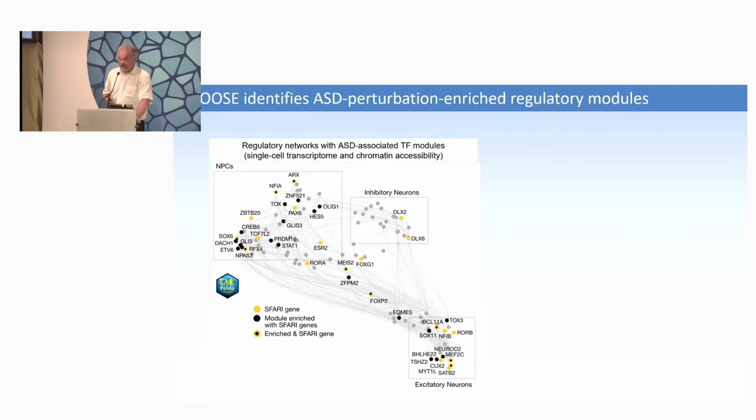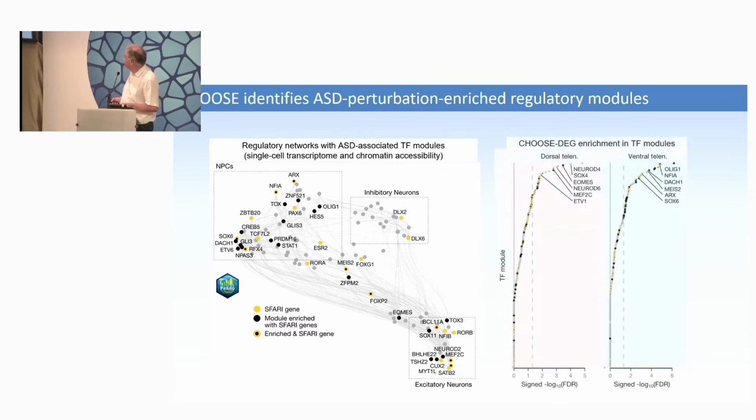And in order to identify this network, we used an algorithm that was generated in Barbara's lab that allows us to predict gene regulatory networks. And we did that because we had multiome data from these organoids as well. And doing so, we find specific gene regulatory networks for the excitatory neurons, also for inhibitory neurons, and for neural precursor cells. And what we now can do is we can actually ask which of these gene regulatory networks contain many genes that are actually deregulated in the